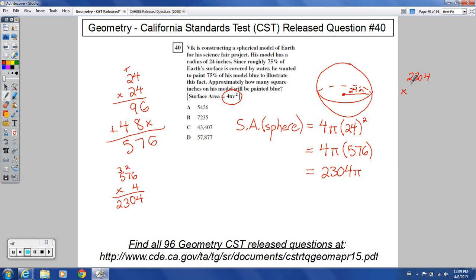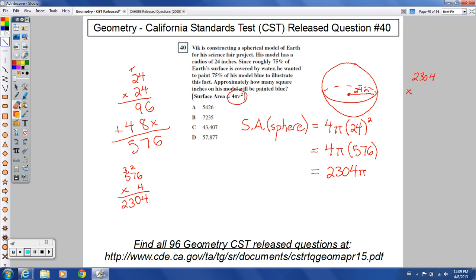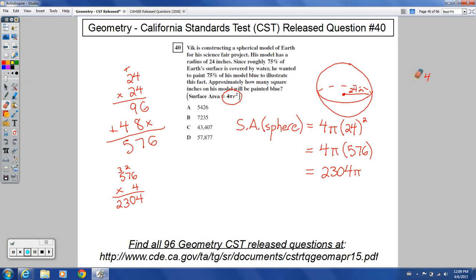You know what though? Before we do that, let's find 75% of that. So I'm going to leave the times pi part for later. I'm just going to erase that for now. So this is my total surface area of the whole sphere. The surface area of the whole sphere is this number. Not a final answer, but that's really important. I need to use that now. So for 75%, the surface area of 75% of the sphere, we would take that number and multiply it, 2304